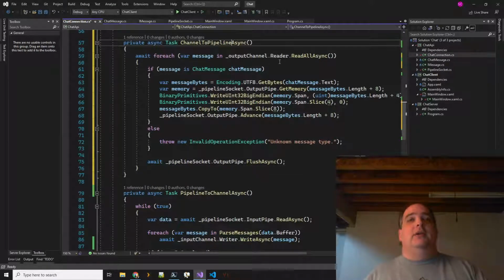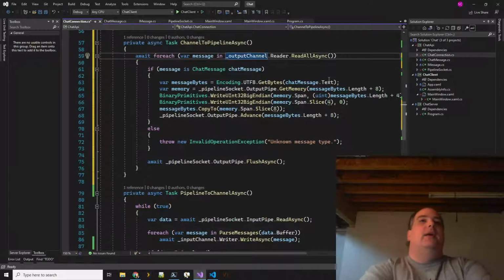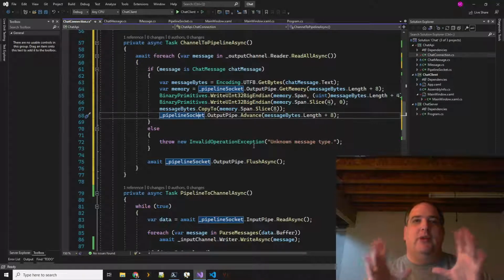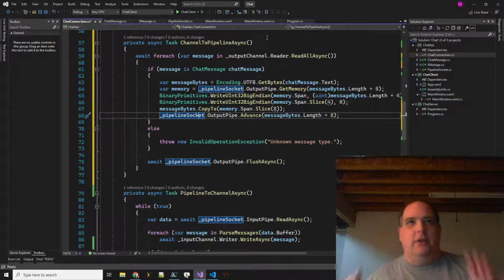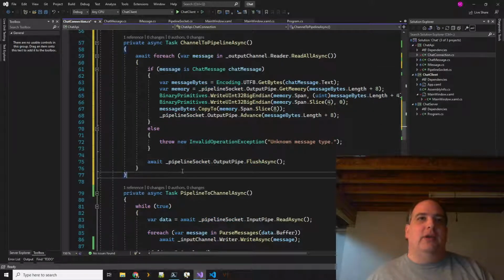And since this is the only code, I'm only going to have one thing reading from this output channel, and that's going to be this main loop right here. So I don't have to worry about synchronizing access to the pipelines in this pipeline socket, because this is the only thing that's going to be using it, and it's only going to operate on one message at a time. So this is fine. The fact that the channel is in between these actually makes this thread safe, and the fact that I only have one reader. Okay. So we're reading all of our messages out, flushing, and then